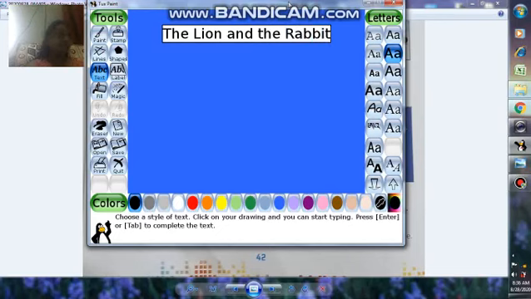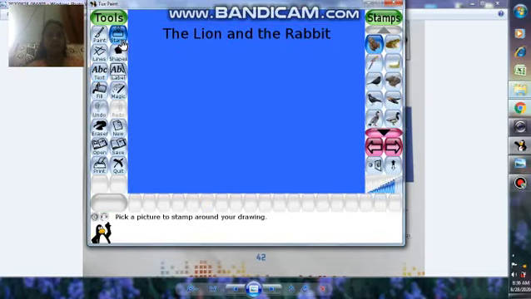Now next, step number 6, click the stamp tool. Where is the stamp tool? Here it is. Click the stamp tool. Select the stamp from the right hand side. Using this arrow you can move to the next category.